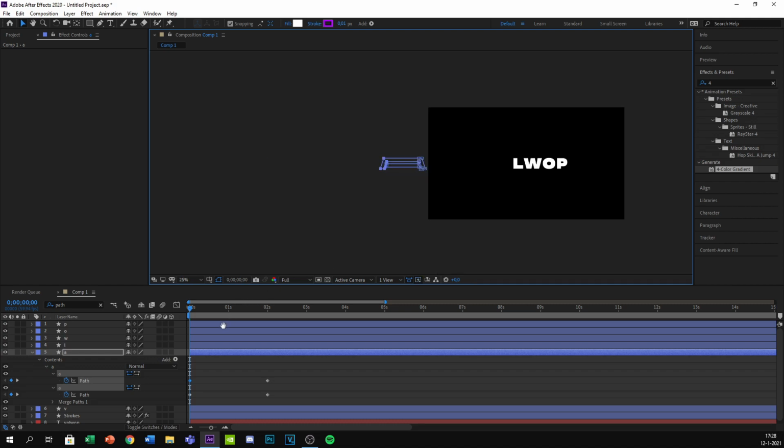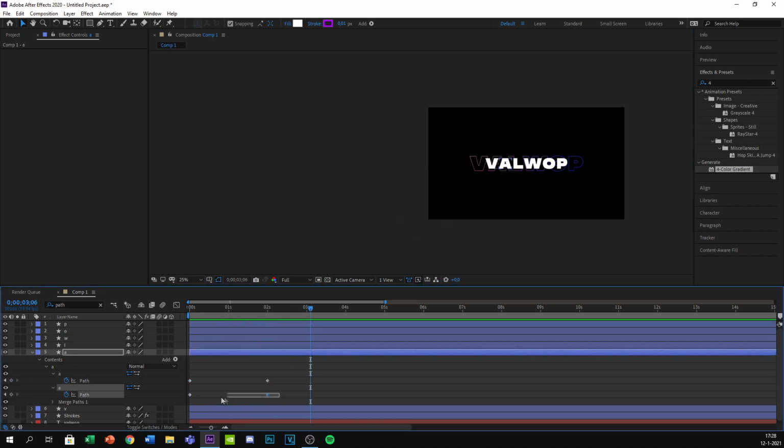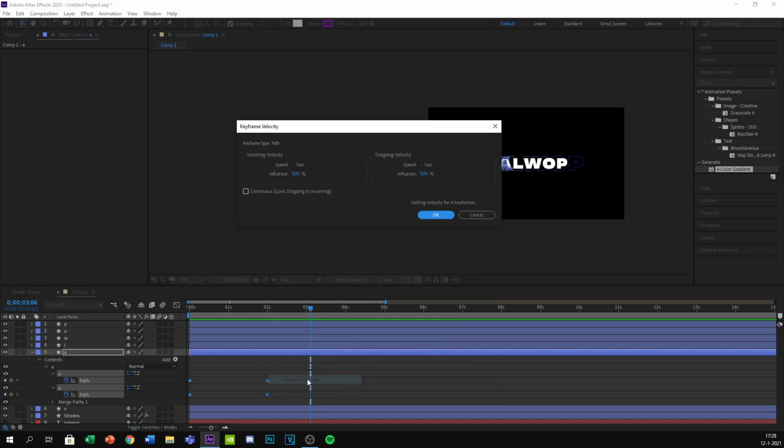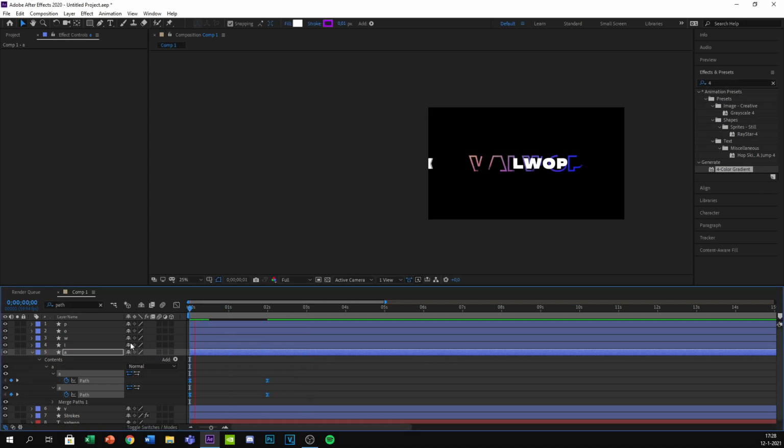And that's that. But now, as you can see, the V and the A are inside each other. But first we got to add the velocity to have them get those exact same speed. So incoming influence 100, outgoing 28. So we have done that.